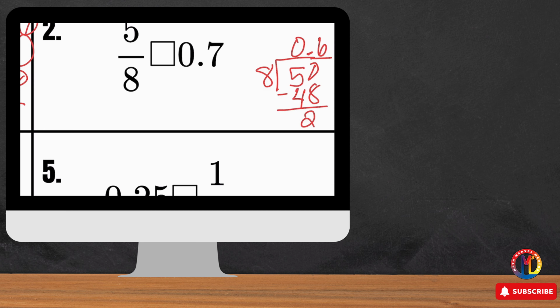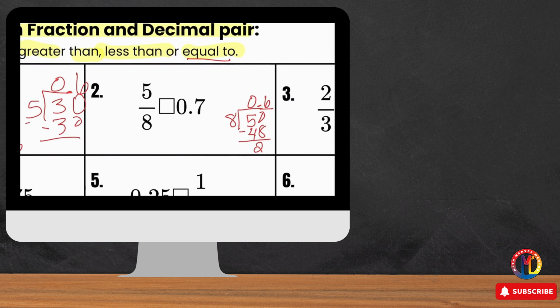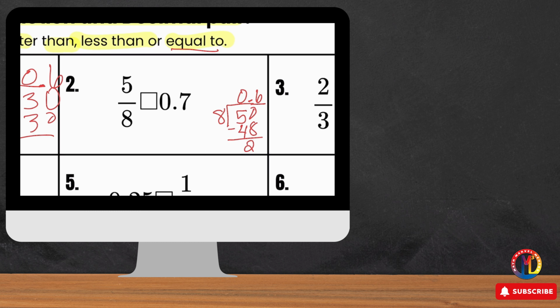I'll have 2 left over. 8 goes into 2, I'm going to drop in a 0. 8 goes into 20, let's see, 2 times. 2 times 8 is 16. 4 left over. I drop in my next 0, and 8 goes into 40 5 times. So 5/8 is the same as the decimal 0.625,